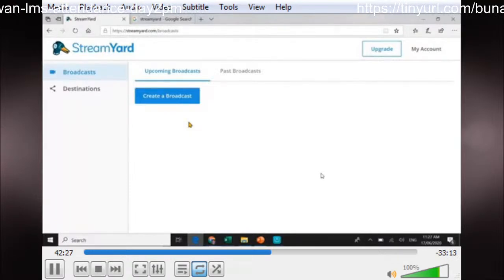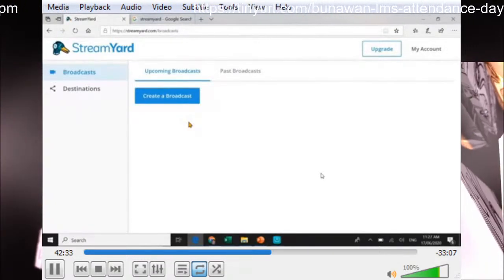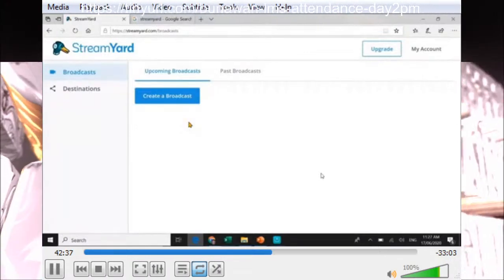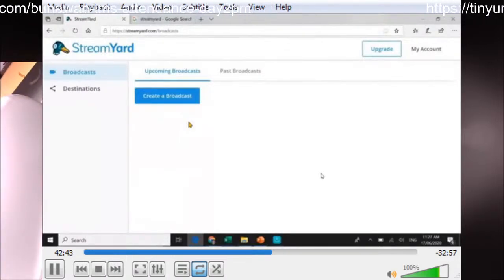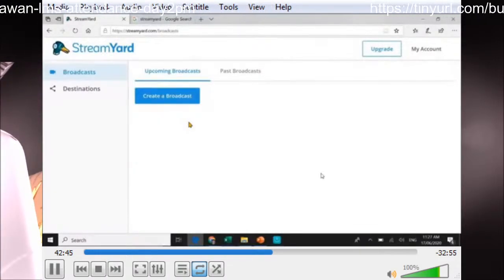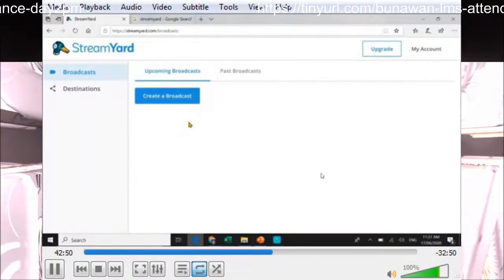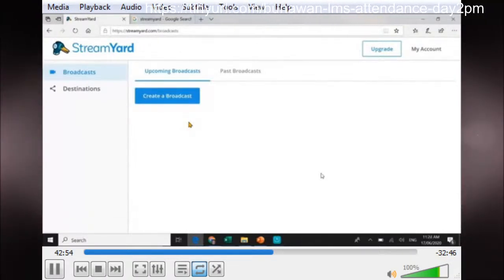1 minute left. So I hope nakagawa na po kayo ng inyong mga account bago ako mag-proceed sa ating activity. And I'm sure mag-enjoy po kayo dito. Again, 1 minute na lamang ang natitira para makapag-create kayo ng account sa StreamYard. If you have an account before in StreamYard, I highly recommend to utilize it kasi siyempre may account na kayo, hindi na kayo problema, okay?